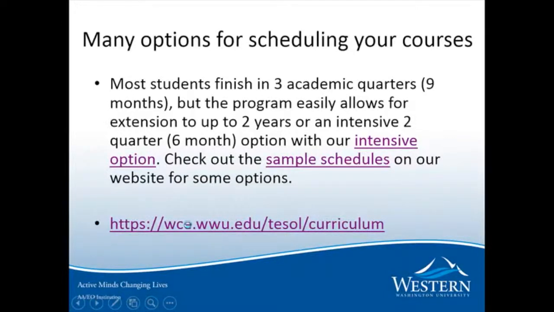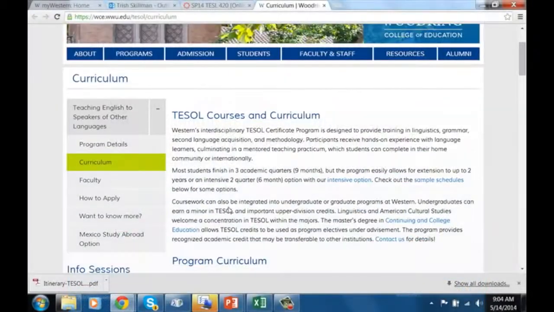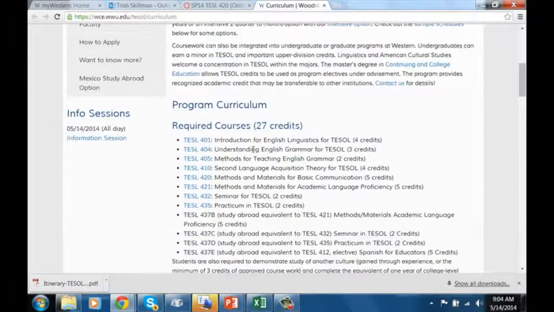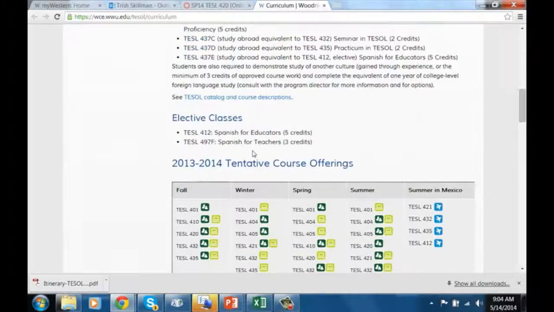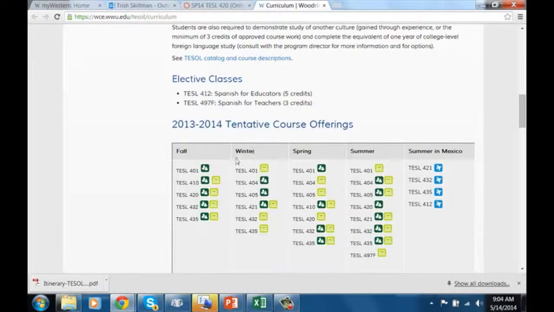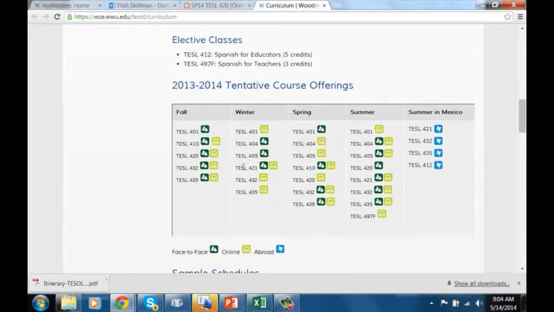Let me take you there. There we go. And this talks all about the program, and you can click on the curriculum button and it will take you down and explain again the courses. It will talk about the typical schedule we have in the program, and these icons help you identify whether the course is available that particular quarter online,